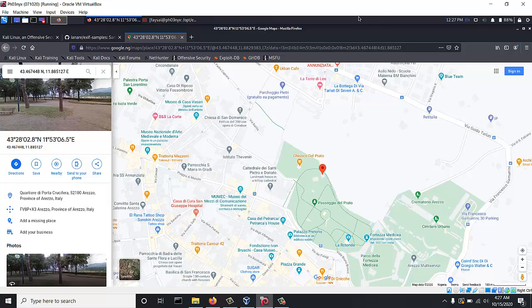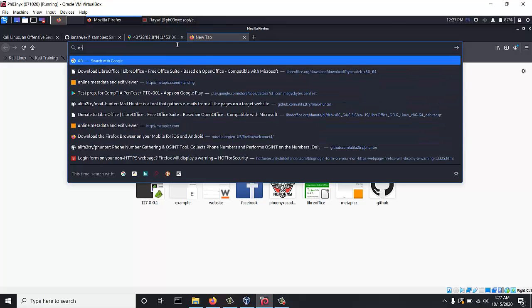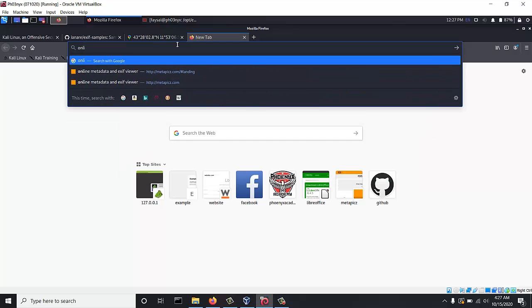All right, so we have been able to retrieve location data. We have actually seen the location where this particular image was taken, from the Exif data we retrieved from that image. So that is basically how to make use of those command line tools to retrieve information from an image. The next thing we want to look at is how to use online tools to retrieve Exif data. To make use of an online tool, you just come to Google and then search for